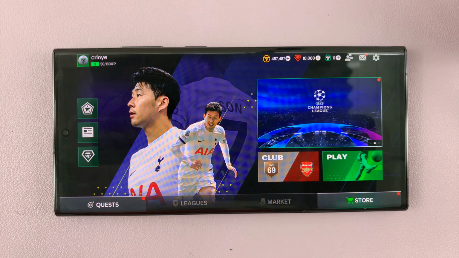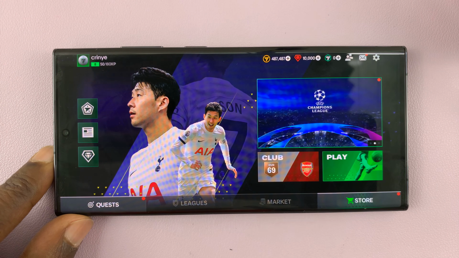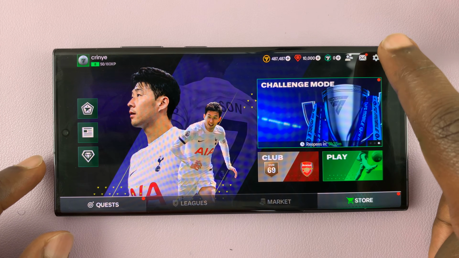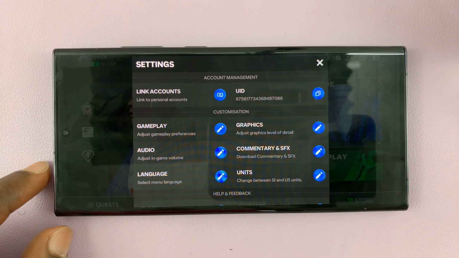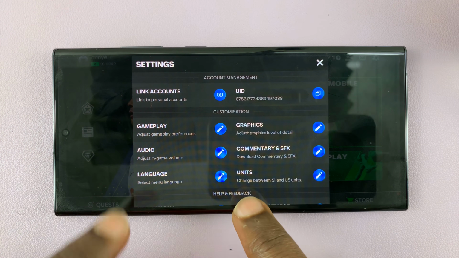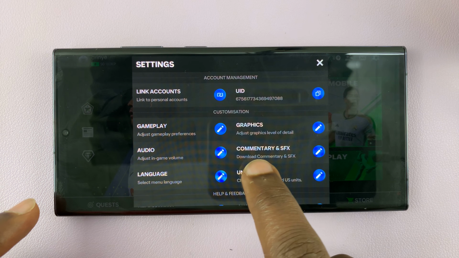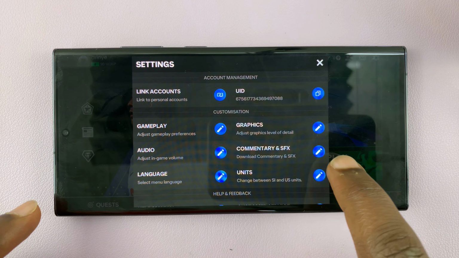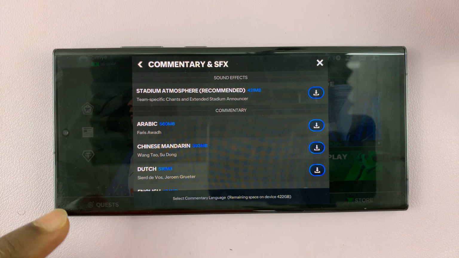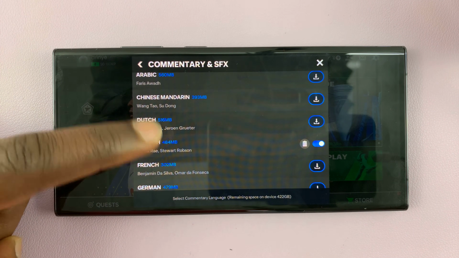So here's how to add commentary on FC Mobile 2024. Simply launch the game, tap on settings in the top right corner, and then from the main menu page or from the main settings menu, you should see commentary and SFX. So just tap on the blue icon next to that,